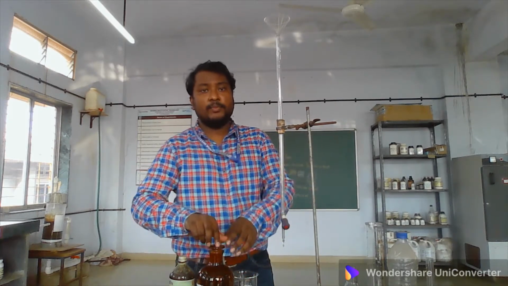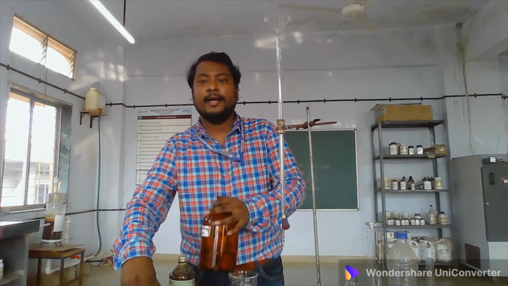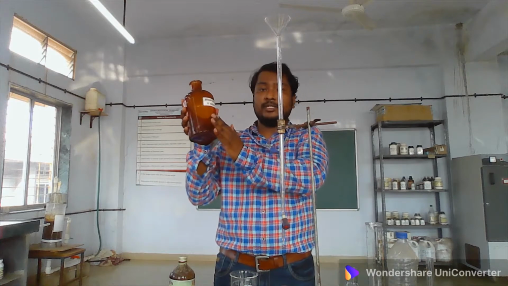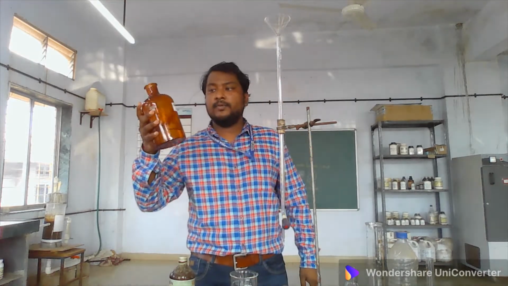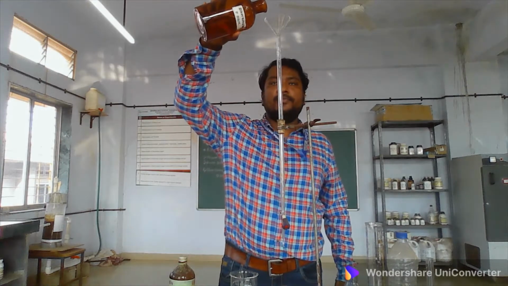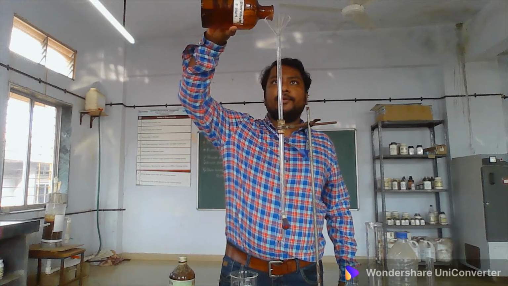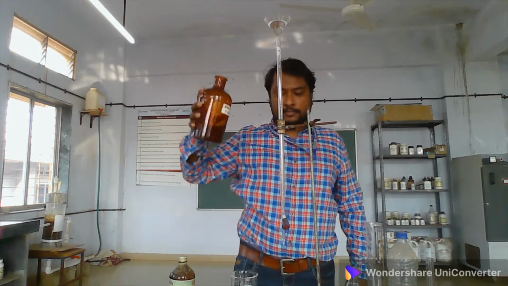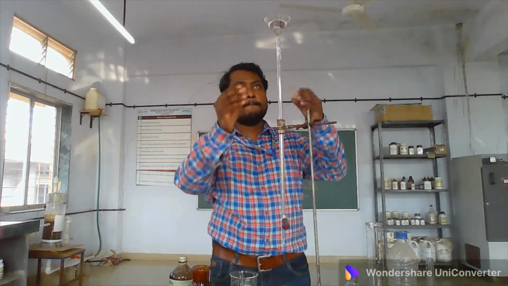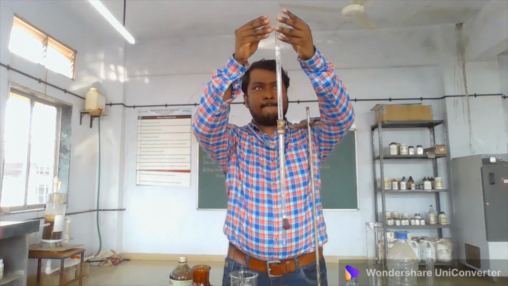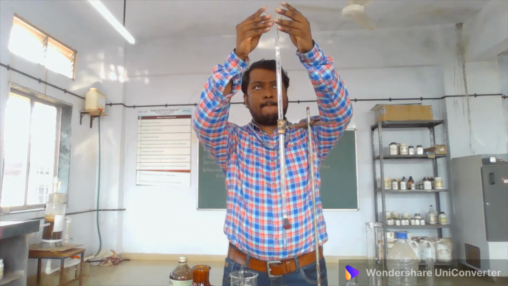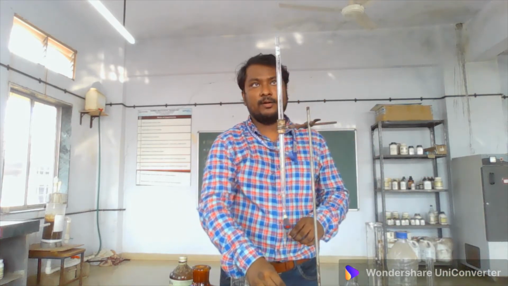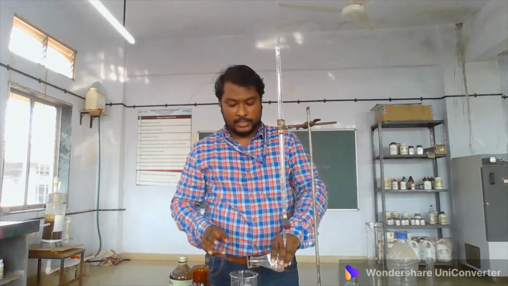Now in this same burette which I have just cleaned, what am I going to add? I am going to add this solution, the silver nitrate titrant, that I am going to use. I will fill this burette with the help of this titrant. Okay, you have to do this carefully, otherwise the solution will spill out of the burette.